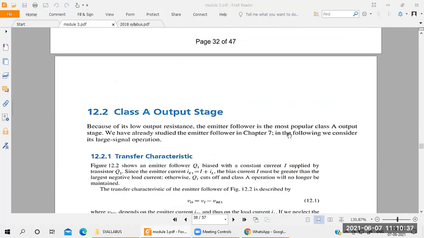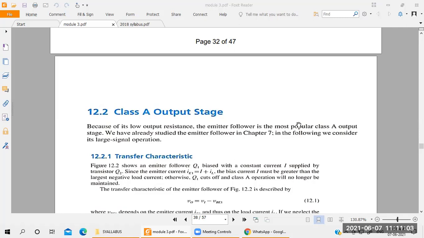Next, you take the class A amplifier. Next, start with the class A amplifier here. This is very important for the examination. You'll get a question on class A or class B. Remember this one. Sometimes they will ask both. First you have to write the circuit diagram, then you have to write the derivation. This one is very simple, but you have to practice.